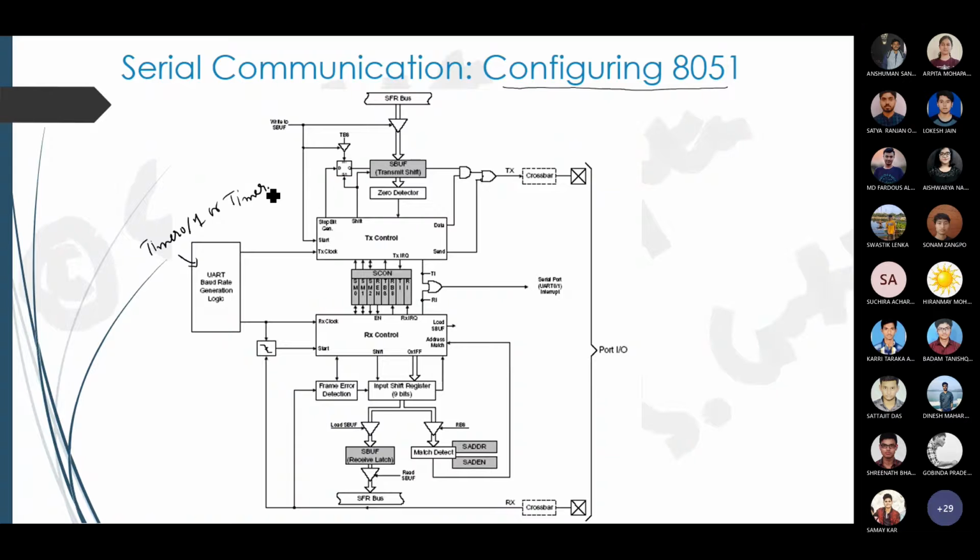We have already seen this circuit, right? How to generate those clocks. Then we have the SBUF transmitter, and then the SBUF receiver unit. And we have this TX control and RX control using the SCON register. So we need to study the SCON, what each bit is defining. Then this logic can come from timer 1, timer 2, or timer 0. And then we have a TX1 and TX2. So this is analogous to